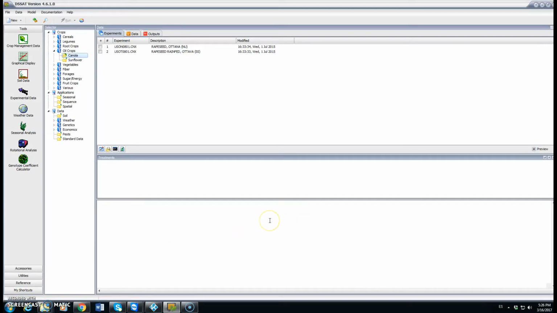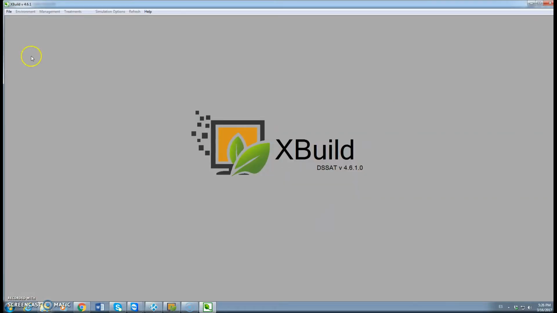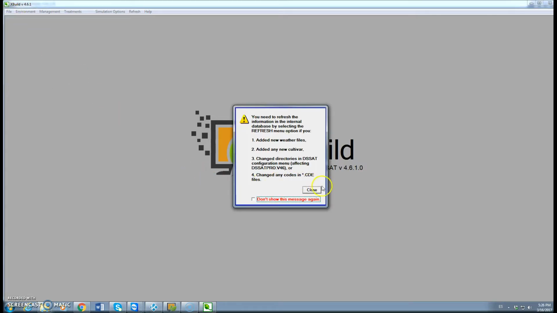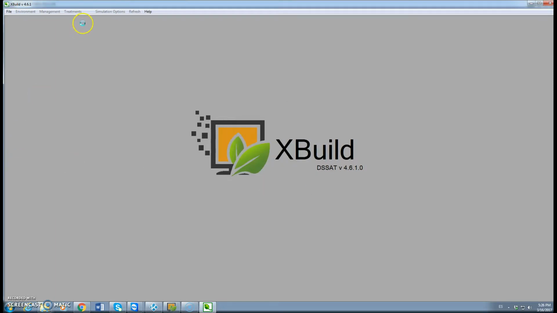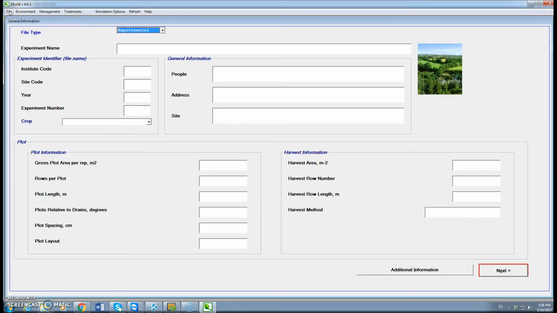With DSAT 4.6 we can simulate crop rotations. We will use crop management data to create a new experiment that involves a sequence. In File we click on New. If we have changed weather files or added cultivars, we should refresh, and then we're gonna create a sequential file type, which means that is a sequence of crops including